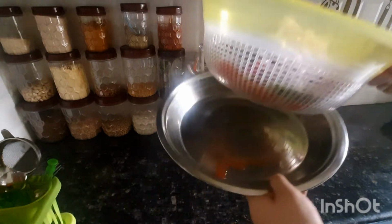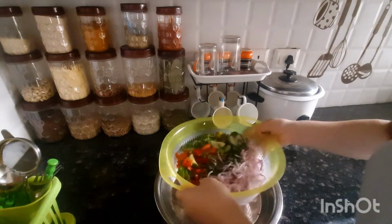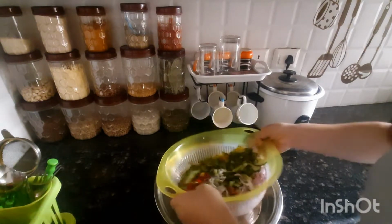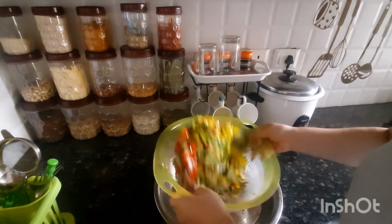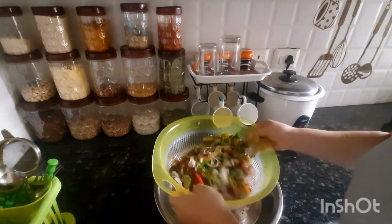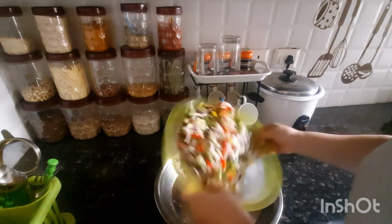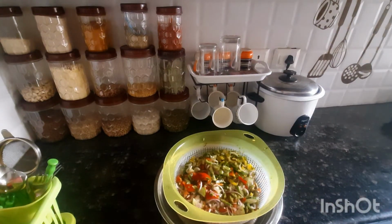Mix this up and down, and also don't touch anything. Don't use a spoon or any mixing things. Just do it like this, up and down. Okay, so now the mixing is done, and now I'm going to keep all of